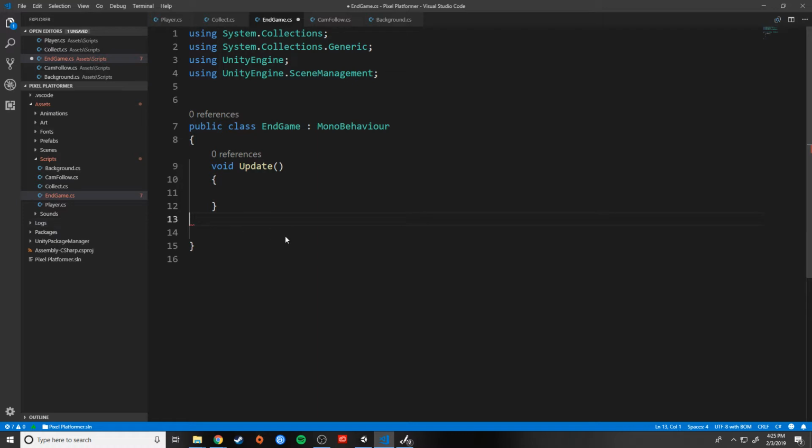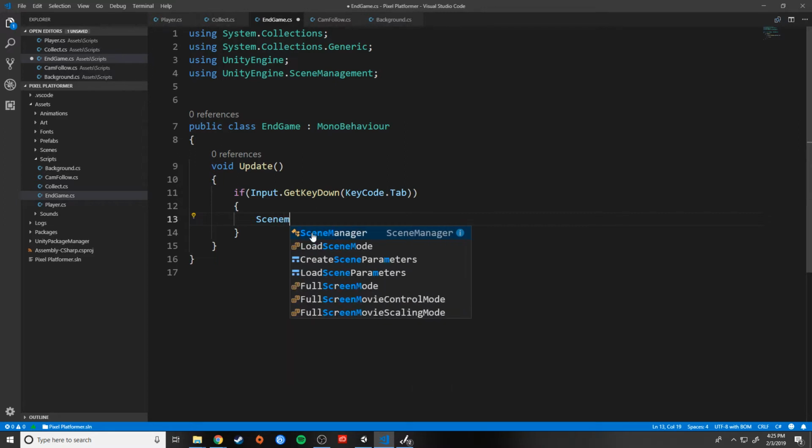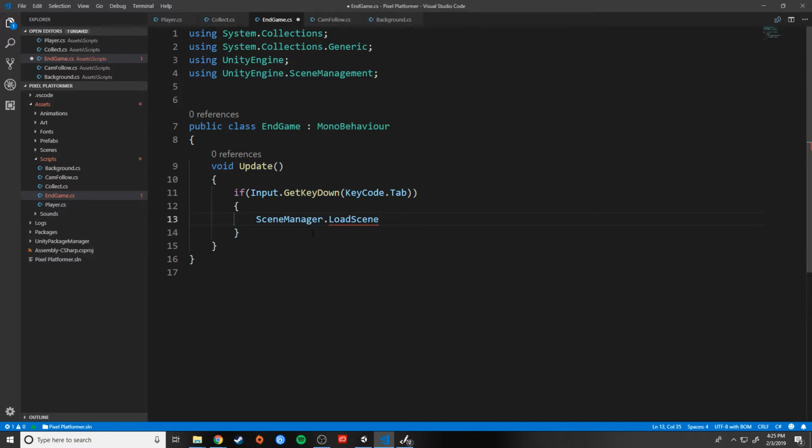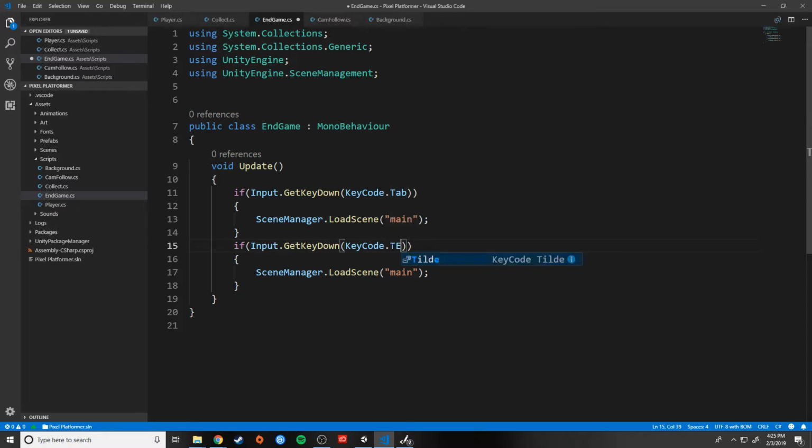All right, there we go. Although this probably should be tabbed in by 1. There we go. Perfect. So now it should work. All right, so if we push tab, then I want SceneManager.LoadScene, and the scene we're going to load is main. And if we push, instead of tab, if we push escape, then we want to